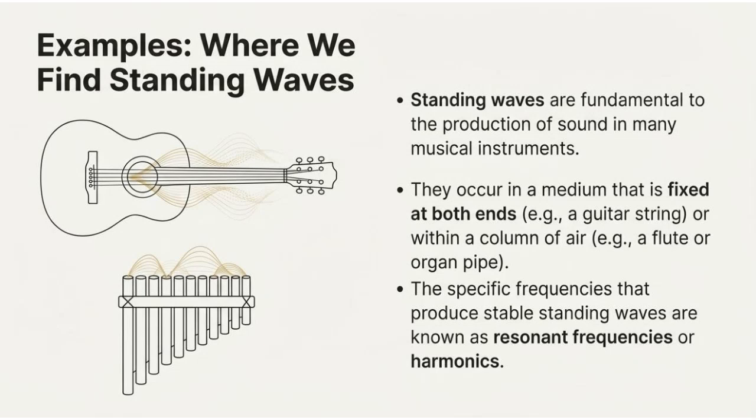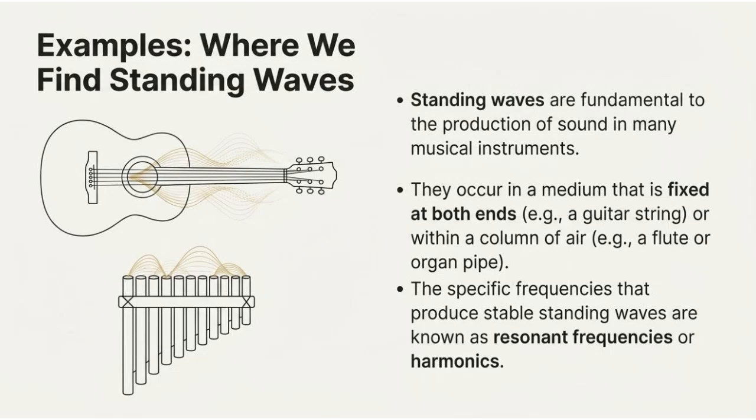Standing waves are really important in how sound is created in many musical instruments. They happen when a wave vibrates in a space, often fixed at one or both ends, like a guitar string stretched tight or air trapped inside a flute or organ pipe. These waves only form at certain frequencies that fit just right within that space, and these frequencies are called resonant